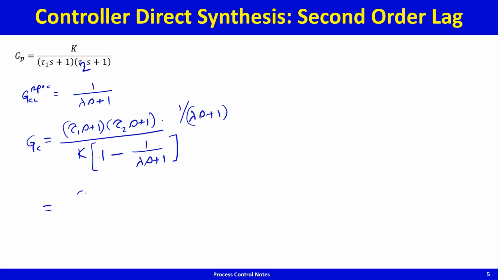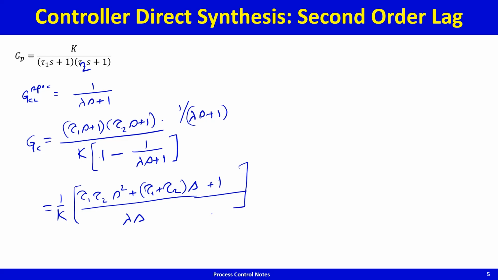It will be tau 1 tau 2 s square, 1 by k, divided by lambda s, plus tau 1 plus tau 2 s plus 1, and we will take one by k remains, we will take lambda out, and we will also take tau 1 plus tau 2 out. So then this term will become 1,